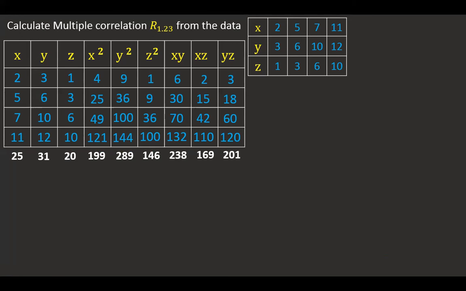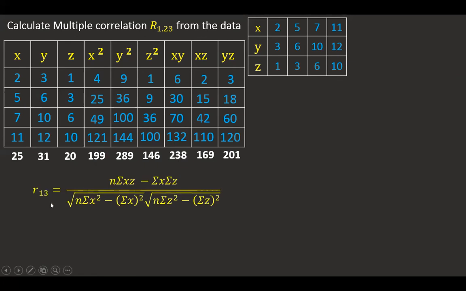Now here the formula alone will change. What is the formula here? 1 and 3. So when I go for 1 and 3, X is 1 and Z is 3. For that, I'm using it. So just alter the formula here: N into sigma XZ. Previously, if you have noticed, it should be Y. So always X, Y, Z; according to that, you will change the formula. You can remember. So just like the previous method, we are calculating the values here.